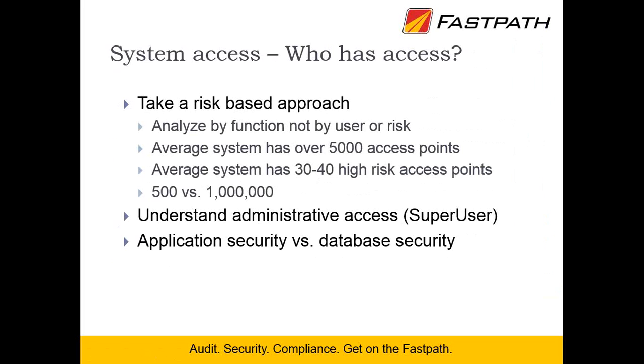So then you want to take a risk-based approach, and so you're going back to that risk framework. So back to Heineken, you're saying our risks are based on inventory. Who has control of inventory and pricing and being able to do transfers? So now I can start to look at, that's where my concerns are. Those are where I want to focus in on who has the ability in my system to do that.